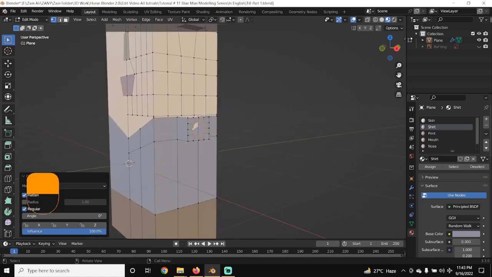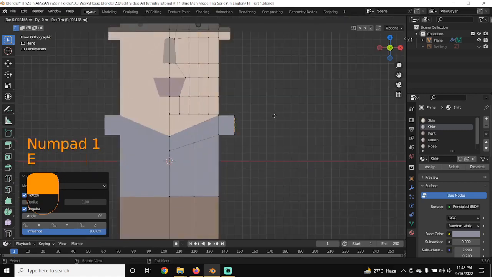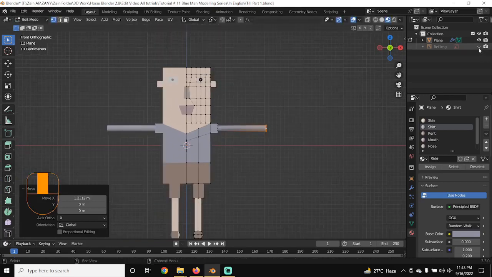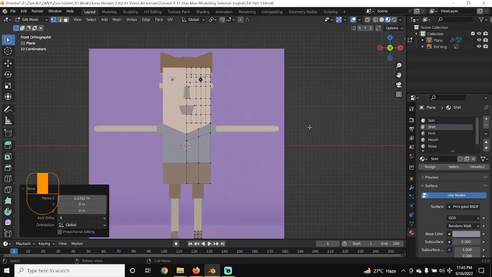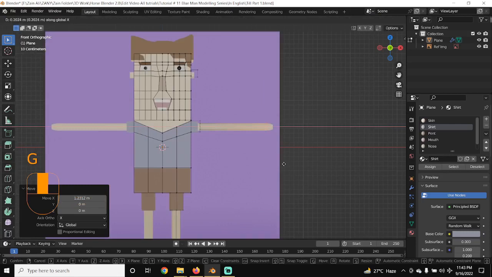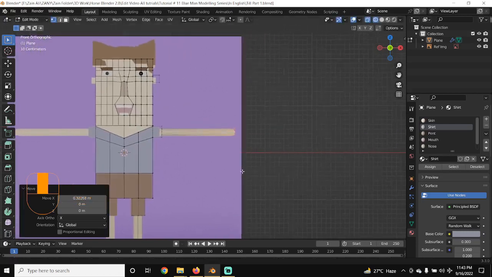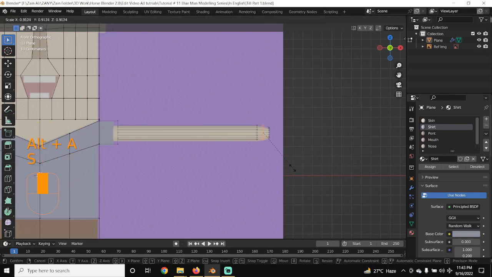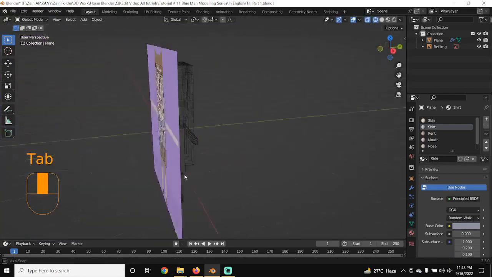and this will give a very curvy, proper shape to the hand. And then I will press 1 and then press E and G and then X, and I will unhide my reference image, and then I will press Z and then wireframe, and press G and X and place the hand part here. And then I will press Alt plus A to deselect everything. I will press Control plus R and add another loop cut here, and I will select these vertices and scale them down. I will scale down these vertices as well, a little down,